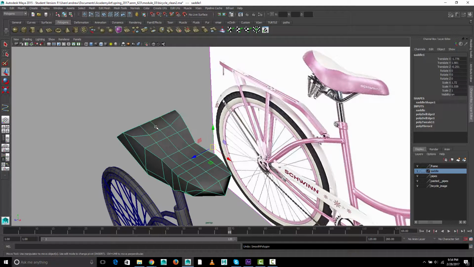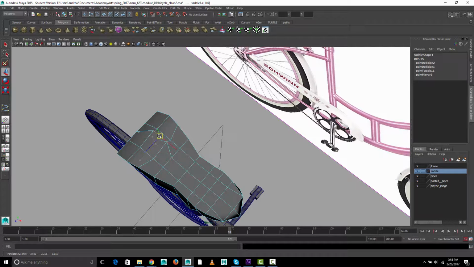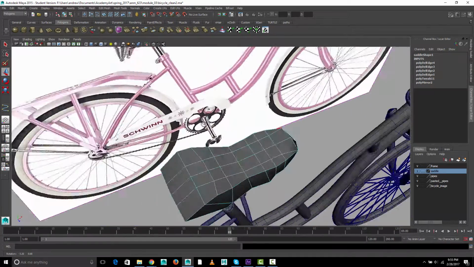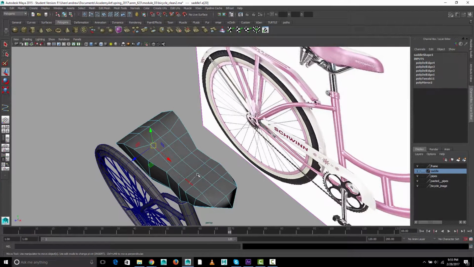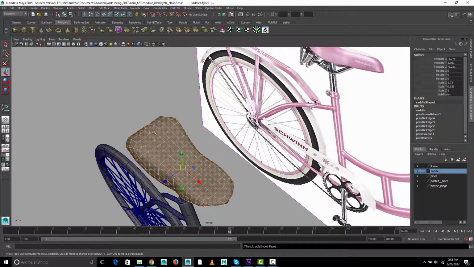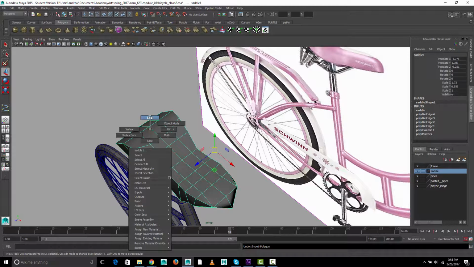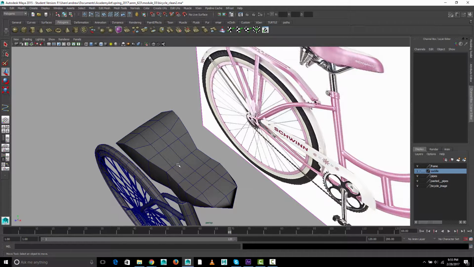Oh, there's another one. Control delete. Oops. Another one here. Control delete. Let's just kind of work our way around. Nope. Okay. Right mouse click, object mode, select, smooth again. There's still something there. No, I don't know. But anyway,